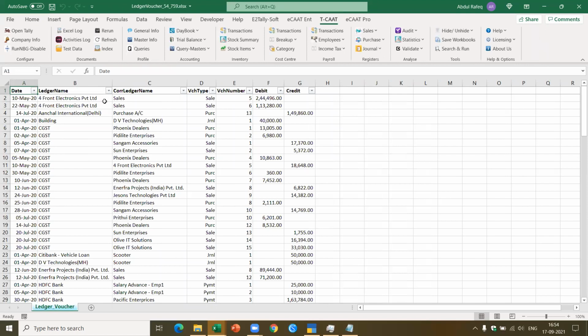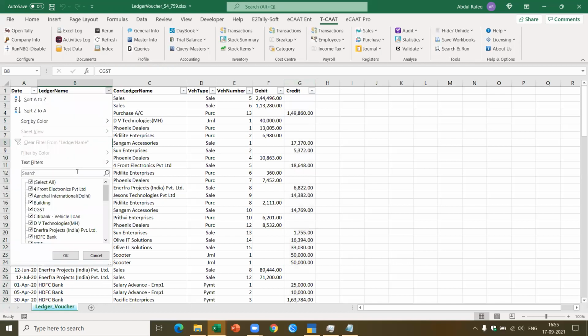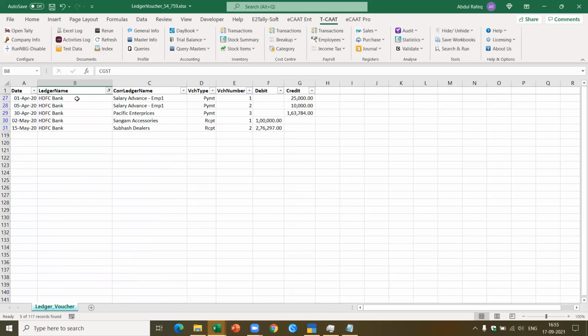Now you see here, for each of the ledgers, I got the corresponding ledger name. It gives me the voucher type. And if you look at the total debit and the total credit, it tallies. If I want to analyze any specific transactions, let's say, what are the payments I have made through HDFC Bank, and who are the parties or accounts to which I've done the transactions, I can just click on this and I'll know for each of the transactions what the corresponding entries are. This is how simple it is to generate the ledger voucher.